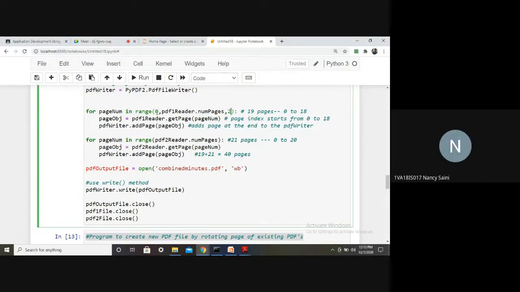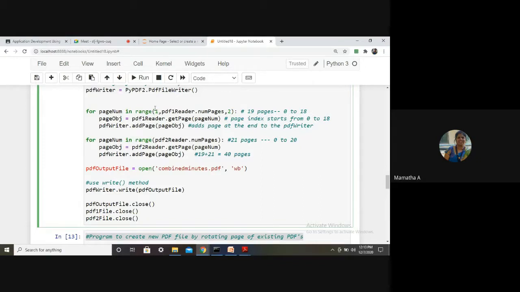Starting with 0, 0 means first page, right? So for even pages, I should start from which number? From 1. Okay, so you should make use of that.